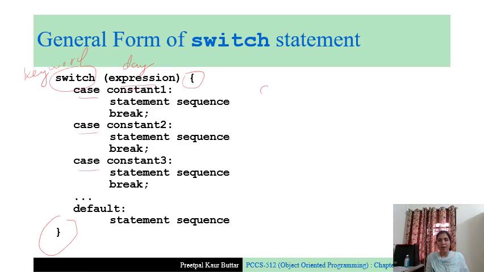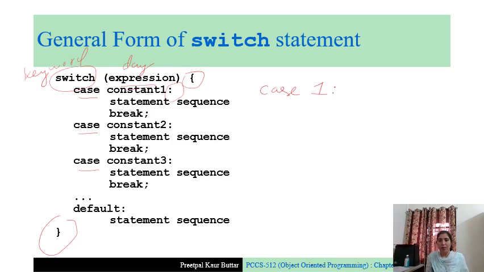Case constant 1, constant 1 means the first value. In the day example it is case 1, the value of constant 1 is 1, and always remember that we have to put a colon after the constant.